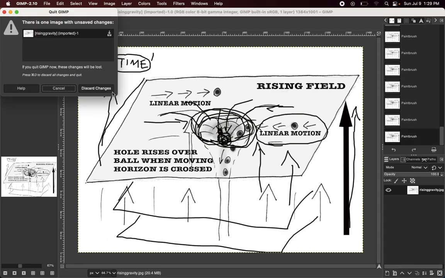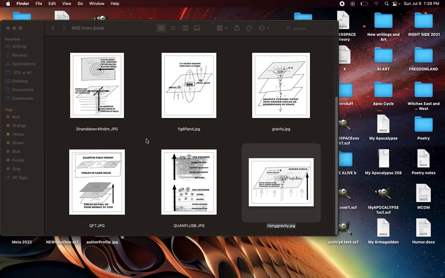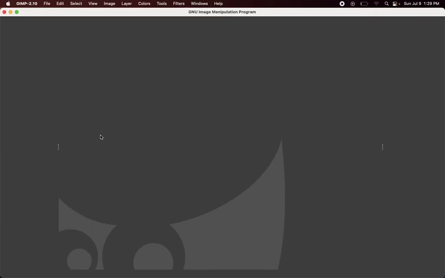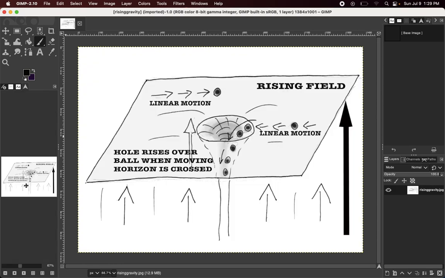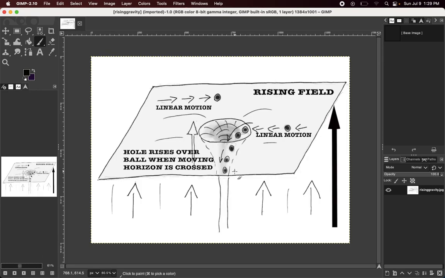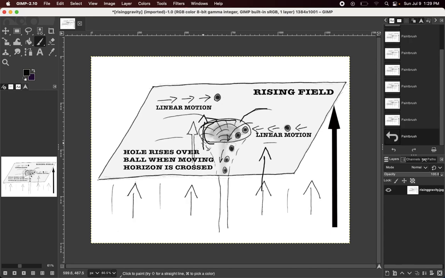Okay, that's enough little lines there. So we'll bring up an undisturbed version just to try to go over this a little bit more before we call it a video. Now we can see more clearly, since it's not messed up. Again, this space is rising up, so the hole is also rising up. The hole is also rising up. And the curvature of the hole is rising up.